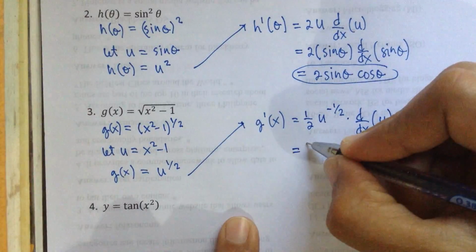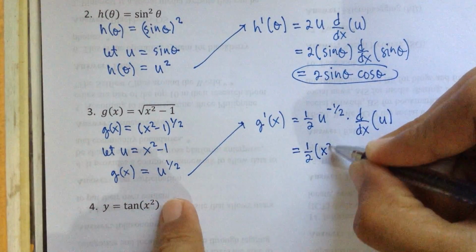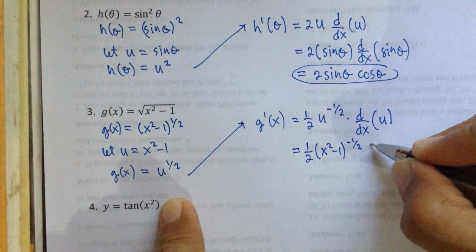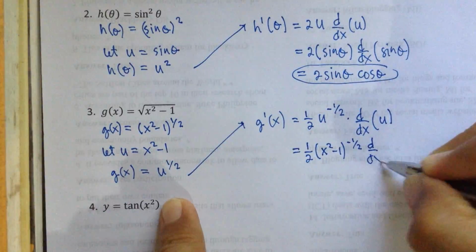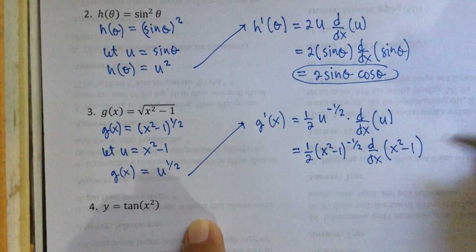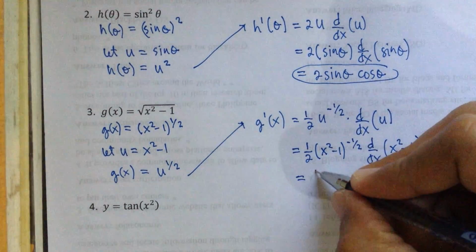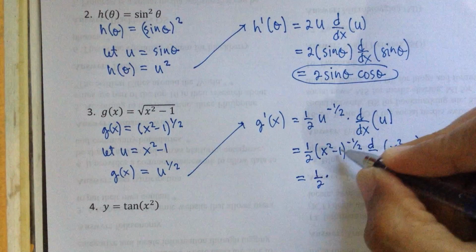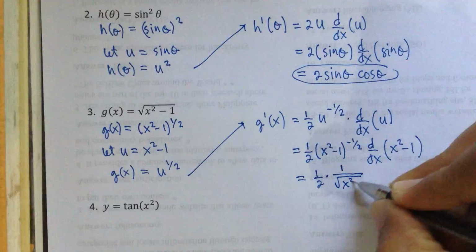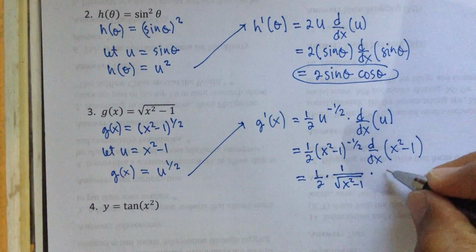Okay. And let's put back now the expression for u. You have x squared minus 1 raised to negative 1/2 times the derivative of your u. Now what is your u? Your u is x squared minus 1. So, what is this? You have 1/2. By the way, you can write this as 1 over square root of x squared minus 1, right? Times the derivative of x squared minus 1, which is